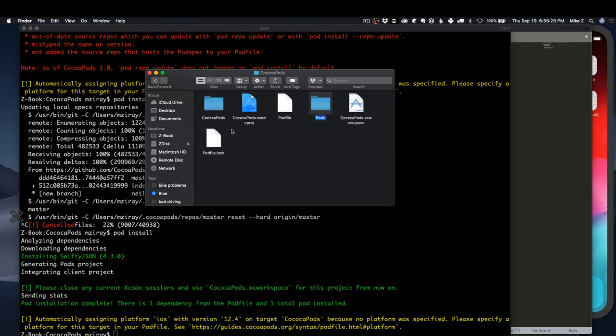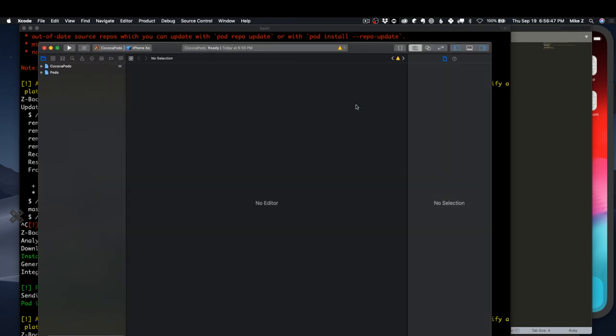The major change now, if we go back up to our project level, is if I try to run my original Xcode project that I created, it wouldn't work, or it wouldn't at least allow us to include Swifty JSON. Instead, we now have a workspace. A workspace includes multiple projects in our application. So if I go ahead and open that,